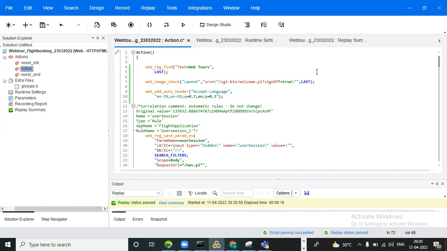Can anyone tell me the LR functions you know as of now? In the script, what do you see? I am asking about LR functions. To measure the response time, which function are we using?